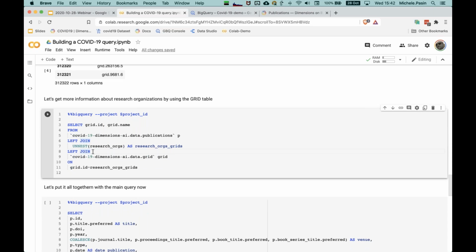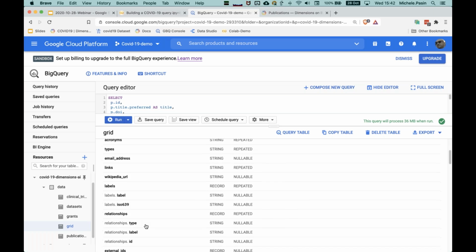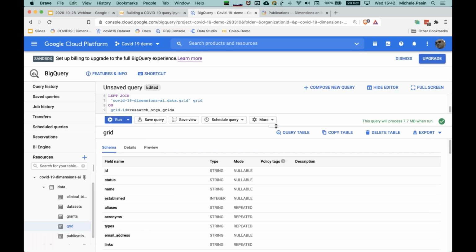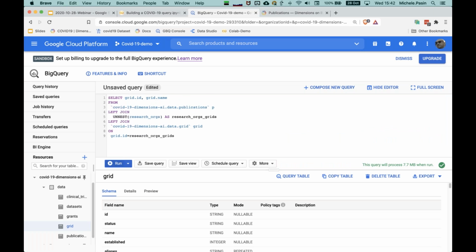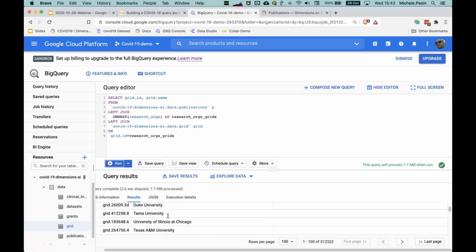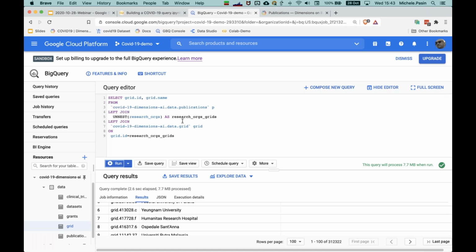In order to achieve that, we can do another join on the grid table of the COVID-19 dataset down here. So this grid table is essentially the full grid dataset, the full grid database. So if I'm copy pasting that query in there and I'm going to run it, you will see now that I get a full list of grid identifiers as well as the name, and when available, I'm only pulling out the name in this case, but I could be adding also